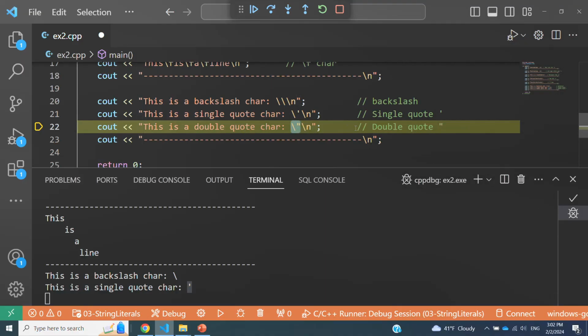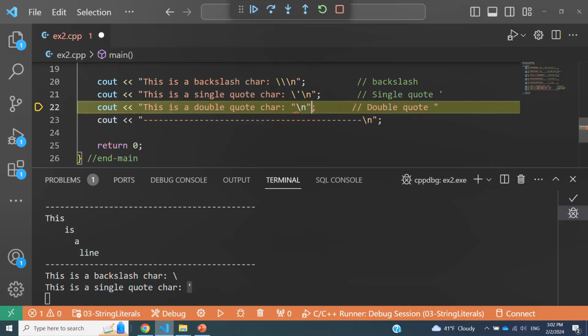Obviously, I have to escape double quote characters, very similar to the reason that I had to escape single quote characters inside characters. I have to escape double quote characters inside strings. If I don't do that, let me just remove this, you're going to see that the compiler gives me an error. I mean, think about it. We are opening the string here, and when the compiler sees this, it assumes that the string has ended.